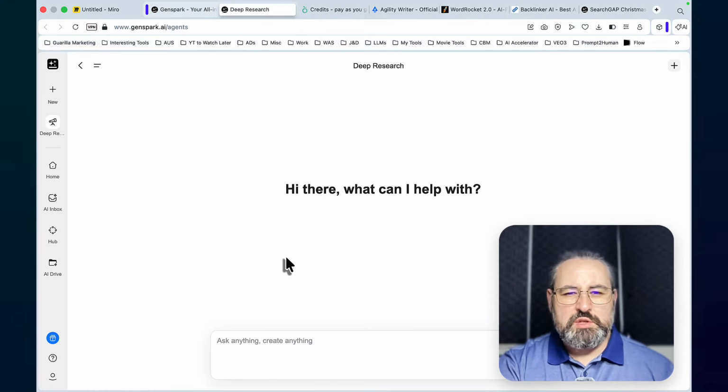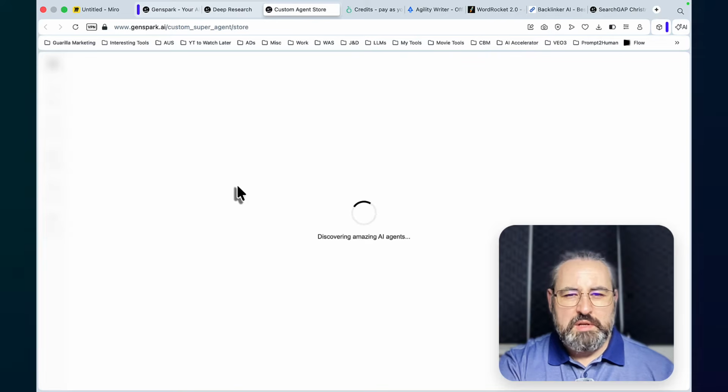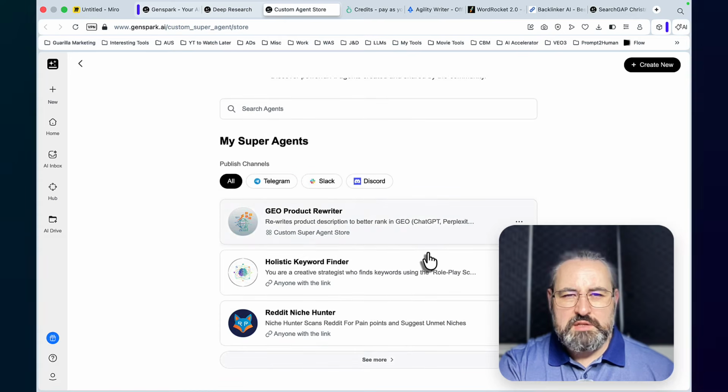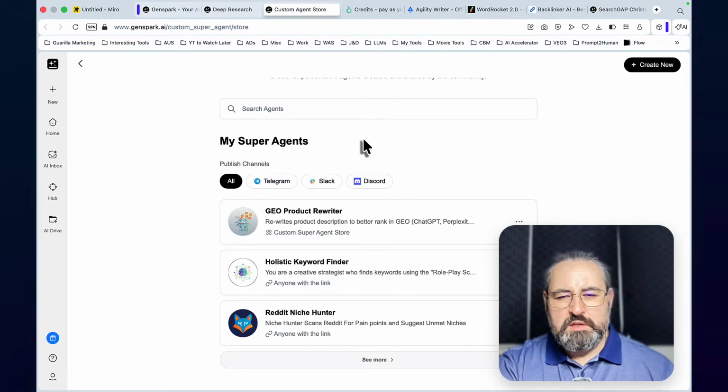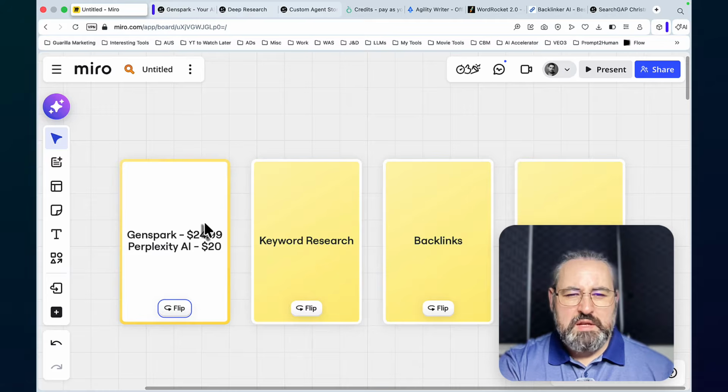Some of the keyword research techniques are also based on this. Needless to say, inside of my Search Gap method, I have created custom GPTs, and they are created inside of GenSpark for the very same reason, that GenSpark is using Reddit. Also, a notable mention: the multimedia articles that I've made popular are also created using GenSpark. Yes, you can create those using Manus or Ninja Tech or Skywork, but GenSpark produces the best articles, in my honest opinion. So GenSpark covers many facets. It covers keyword research, it covers copywriting to an extent, it covers niche research, and this is a no-brainer.